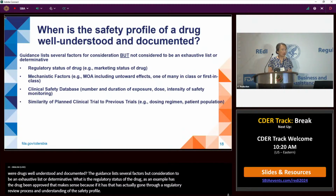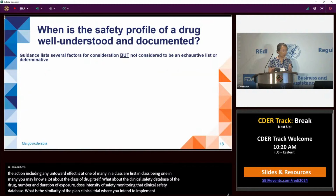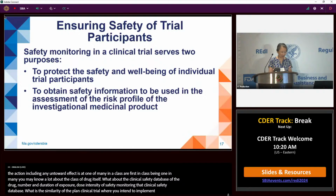And what's the similarity of the planned clinical trial where you intend to implement SSDC to previous trials? So how similar is it with respect to the patient population, the dosing regimen? The further away you get from the